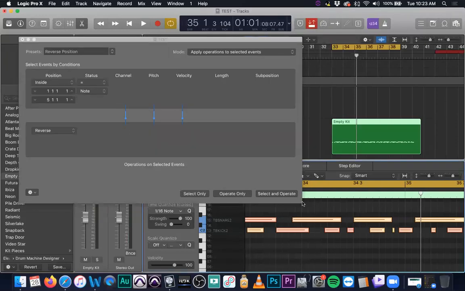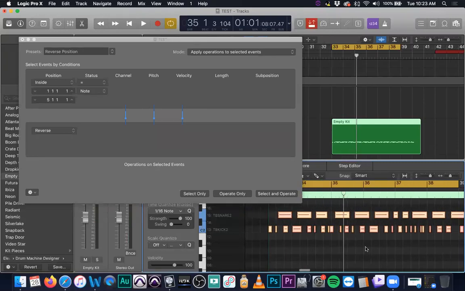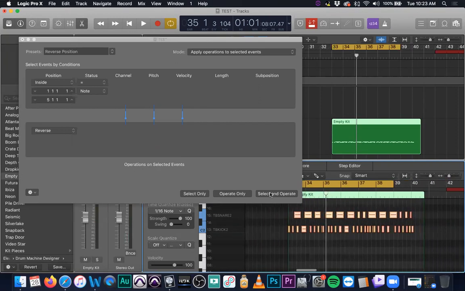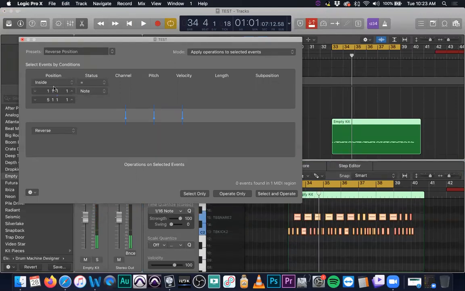Let's see what happens when I hit Select and Operate as we look at the MIDI notes. Interesting. Didn't look like much happened there. Nothing on that level. All right, let's play it back. So not much happened there, and more than likely what we're doing is reversing position inside of